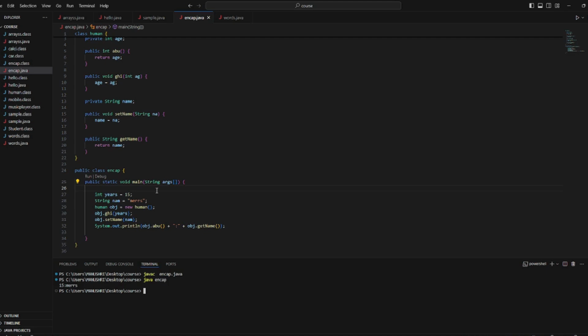Because as Java programmers, it is our responsibility to define the names of the methods in such a way that others, when they try to read your code, must be able to understand what it is, why the method has been created, and what the purpose of it is.